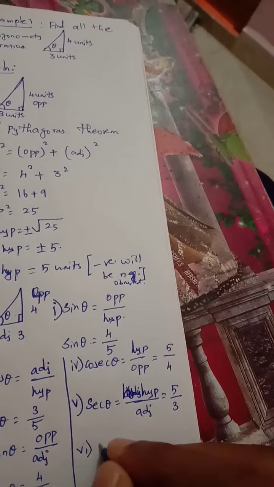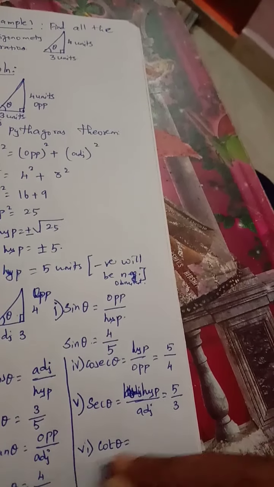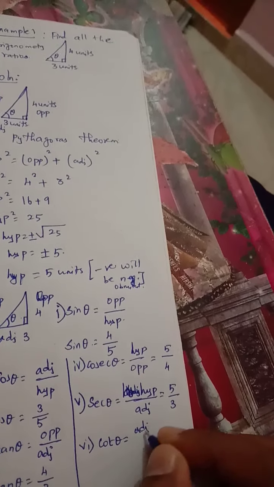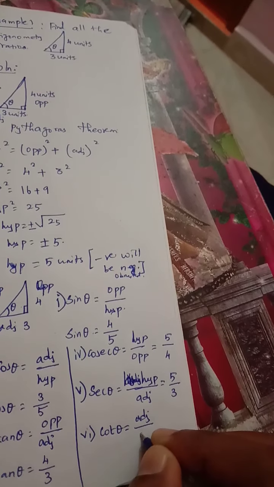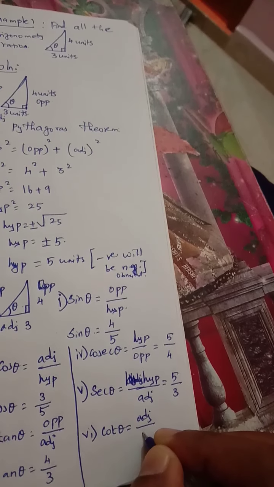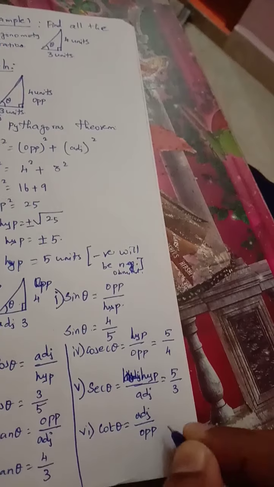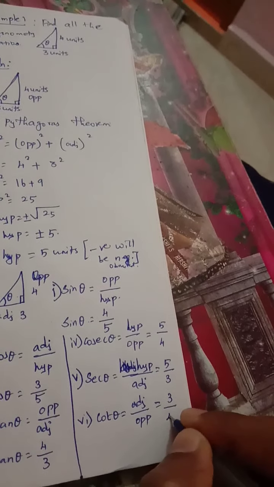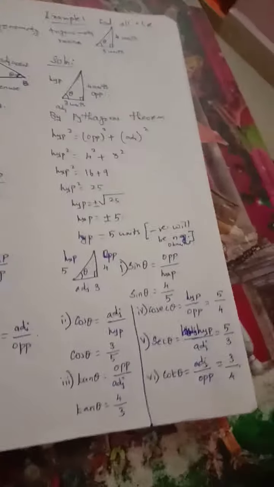And the last one is cot theta, either the reciprocal of tan or directly you can write adjacent by opposite. Adjacent is 3 and opposite is 4 units. This is the way you want to find